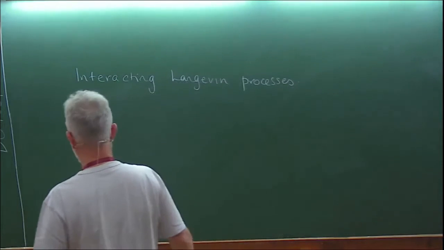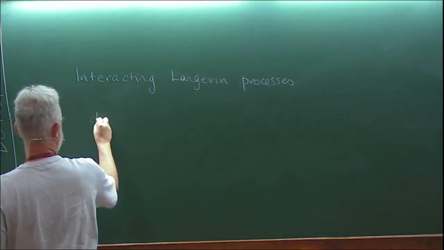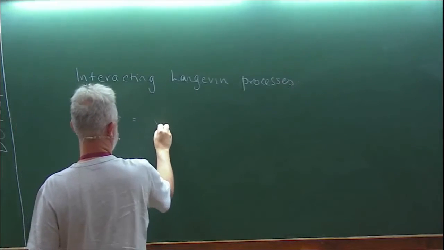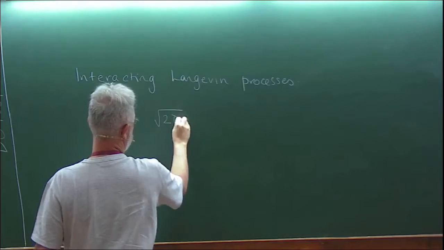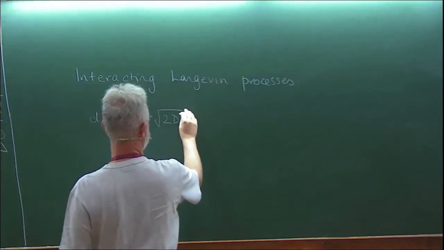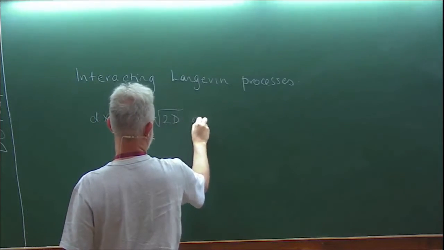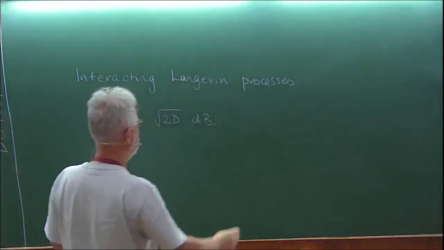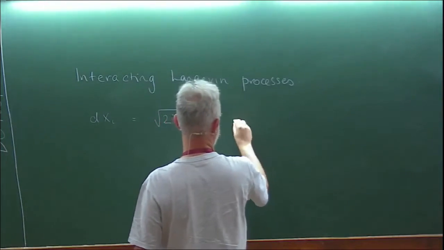The idea is that we started off with the following. The particles had some diffusion constant, so that's the pure Brownian part, and they were basically in a potential,